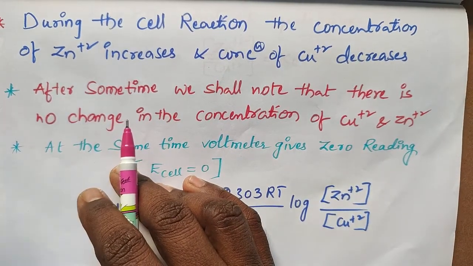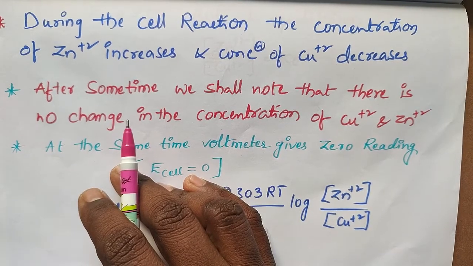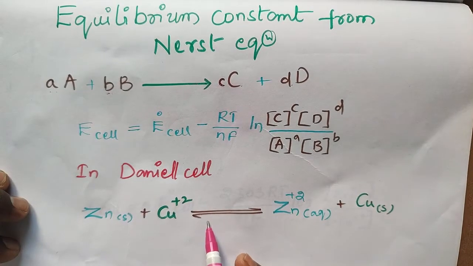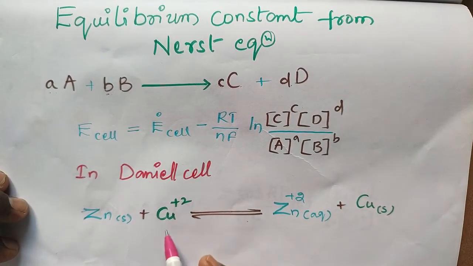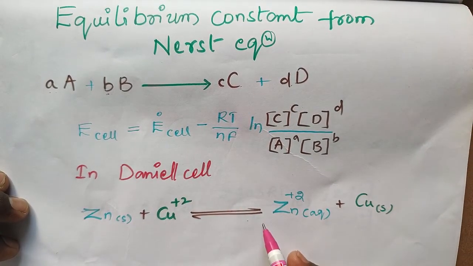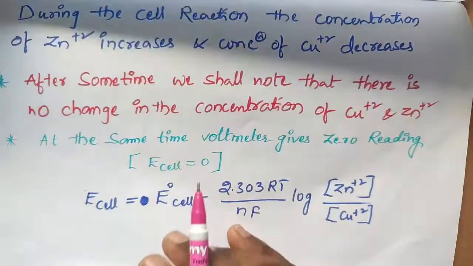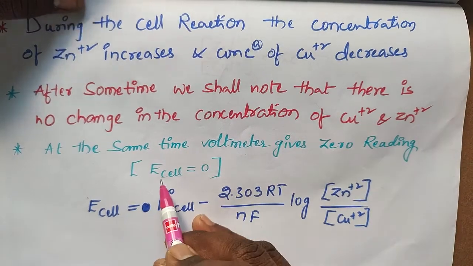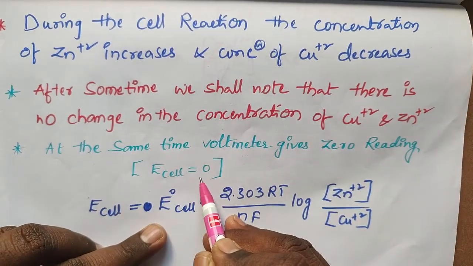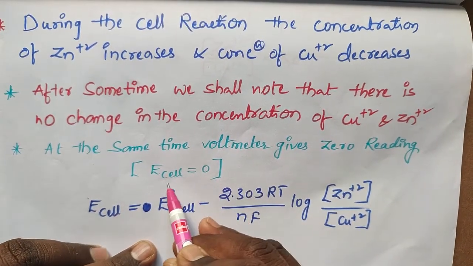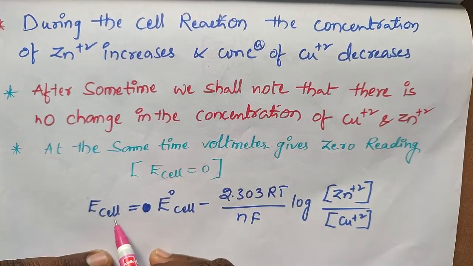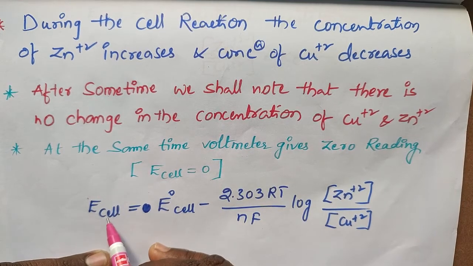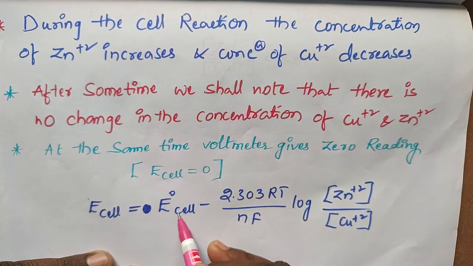So both ions, the anodic ion and the cathodic ion, are at equilibrium condition. At that position the voltmeter gives 0 reading. So we take E cell equal to 0, EMF equal to 0. Then we write the next equation: E cell equals E naught cell minus